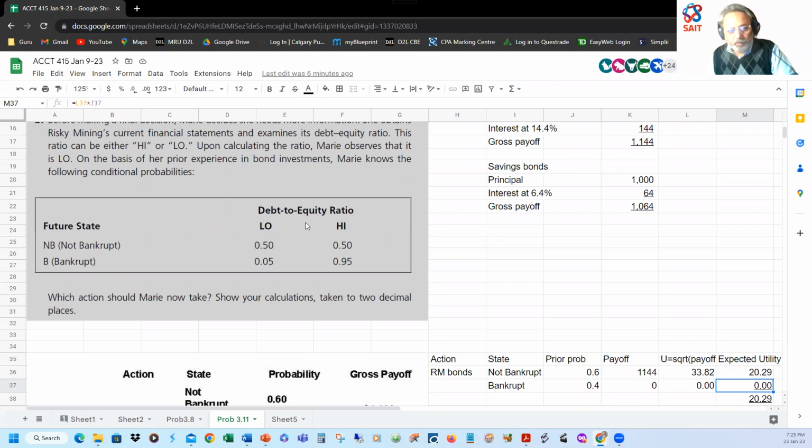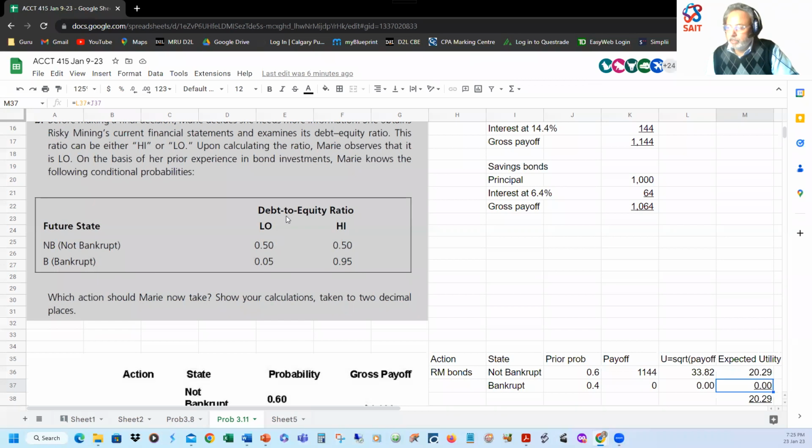You see a more definitive leaning with regards to companies that do go bankrupt. For companies that do go bankrupt, 95% of them would have had a high debt to equity ratio. Only a small 5% of companies that went bankrupt would have a low debt to equity ratio. Right? So bankruptcy could be triggered by other reasons, but it's in a very, very small proportion of such